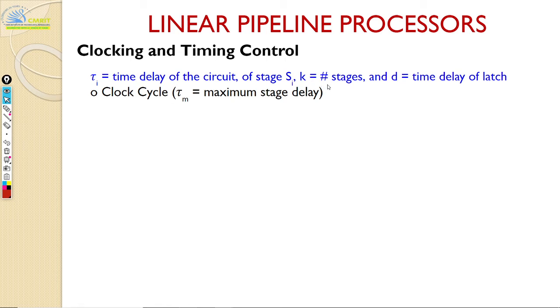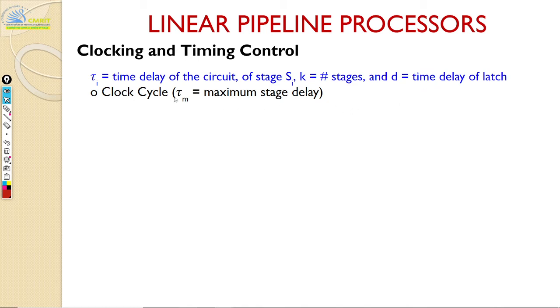If it's a 4-stage pipeline, the number of stages k equals 4. If it's a 20-stage pipeline, your k equals 20, right? So depending on the number of stages, if you have only fetch, decode, execute, write back, these are the only 4 stages, then my k equals 4. And then d is the time delay of a latch. So we said we are going to use latches. These latches have a time, right? So even though you say okay, pass the ball, it actually takes some time for the latch to pass it to the next stage. So there is some finite time delay for that.